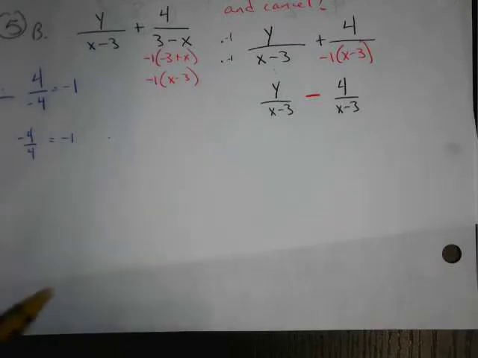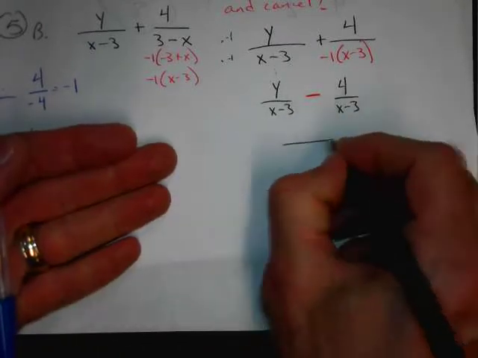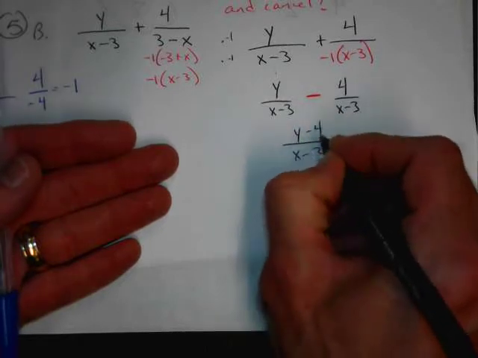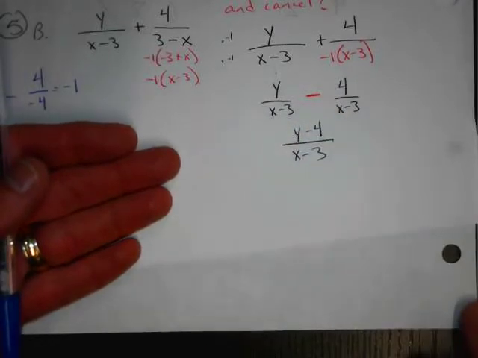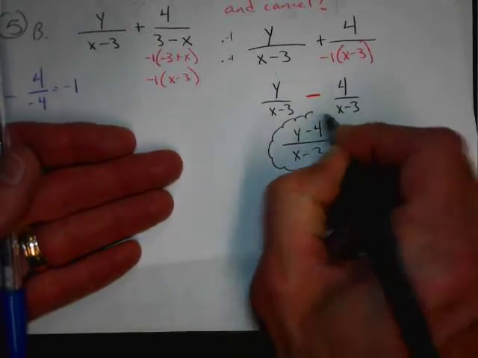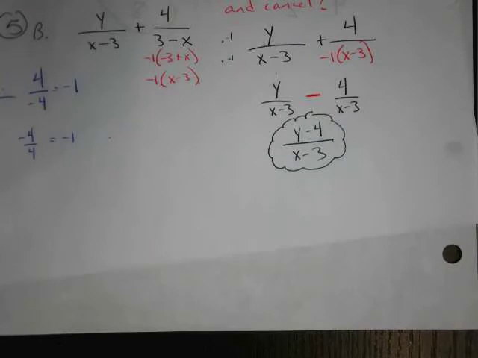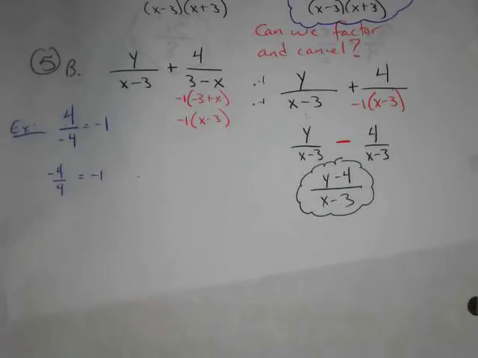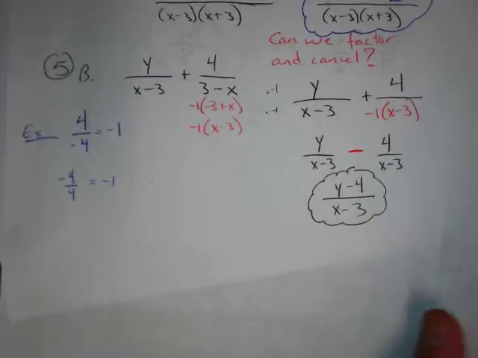Anyway, now that I've worked with that trick, denominators are the same. Boom, bam. And what's left in my numerator? Y minus 4. That is all I can do. Y minus 4 over x minus 3. I can't cancel anything. Can't factor anything. Must be done. So example 5b just shows some more neat stuff with -1. One is such a fun number. We underestimate it constantly. All right, now before we get into problem number 6,